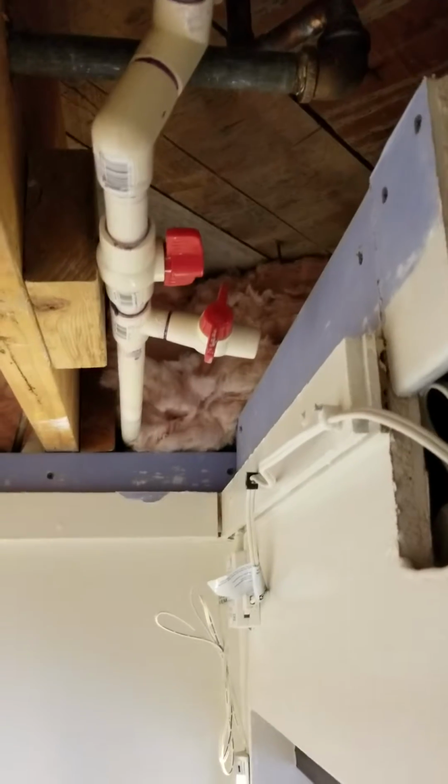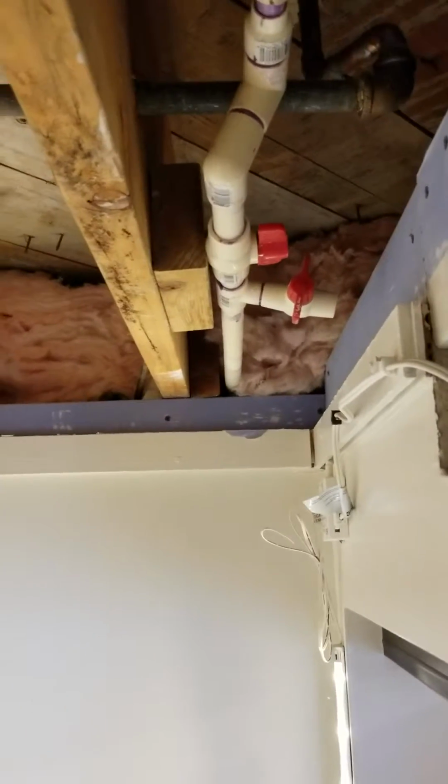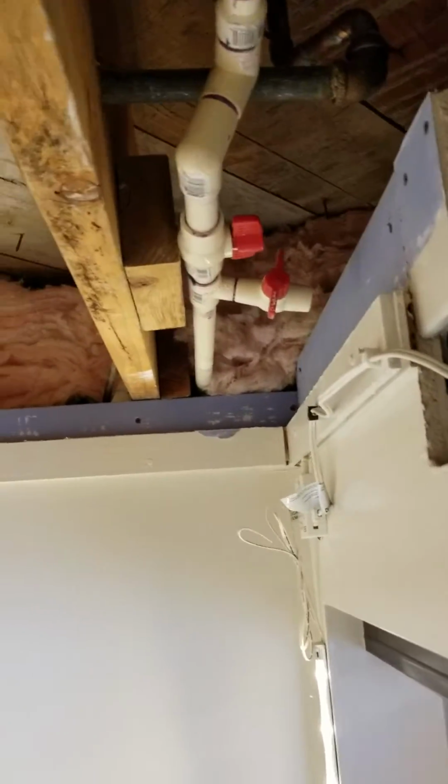There's a hose bib on that side of the house just fed by this line. The galvanized line was completely fine. I cut it open and looked at it, and honestly, hardly any water has ever been run through that. So it was fine, but I was finishing the ceiling, so I didn't want to leave it behind. So I just slapped some CPVC up there, and we'll tie into this with the new PEX, and we connected